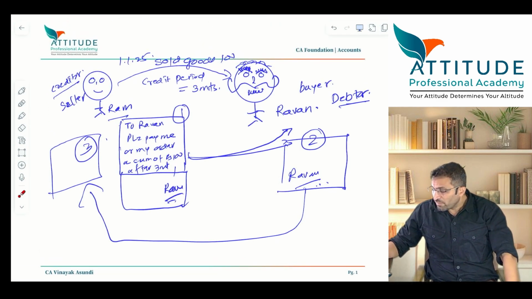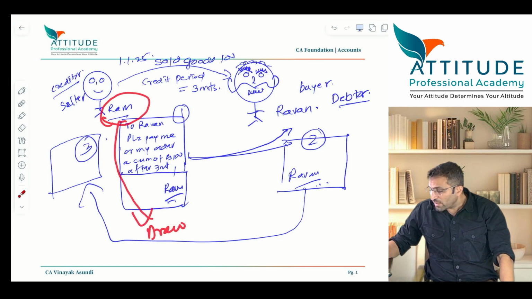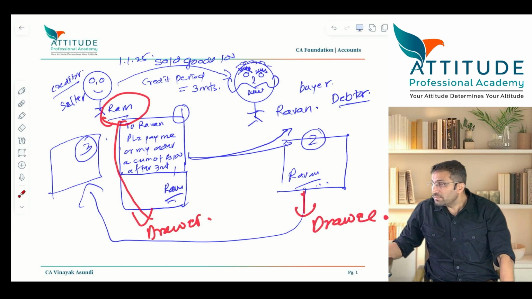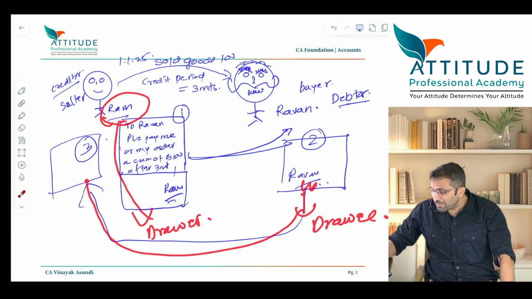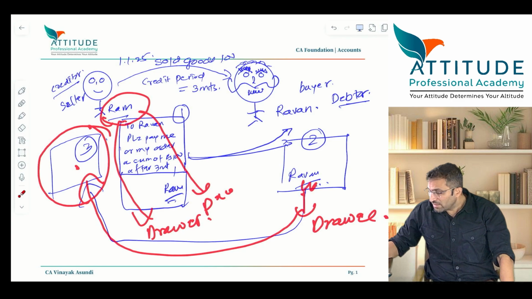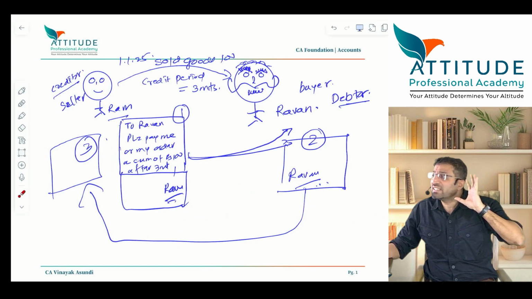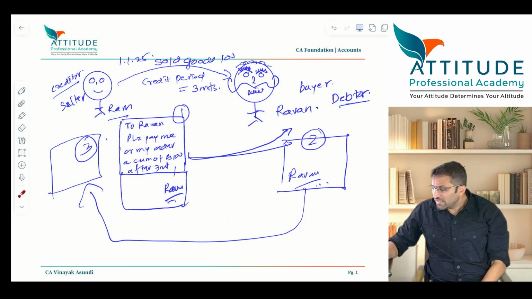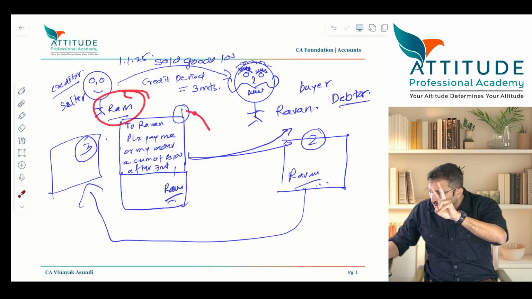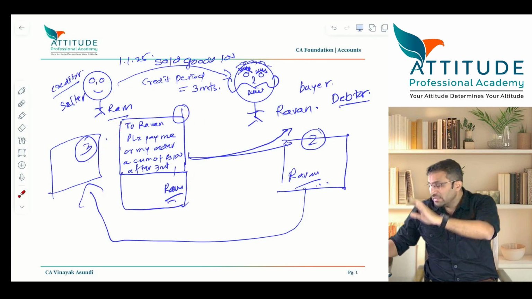First case, look. Ram is known as the drawer of the bill. Who is known as drawer? Ram. Who is Ravan? Drawee. The drawee of the bill. And once he signs it, he gives it back to whom? Ram. Ram has the bill. Ram is also known as payee. What? Payee. So Ram is a drawer as well as what? Payee. Payee is a person who is going to receive the money on that bill. Is that clear? Understood? In the first case, Ram is acting in 2 capacities. He is a drawer as well as what? Payee.